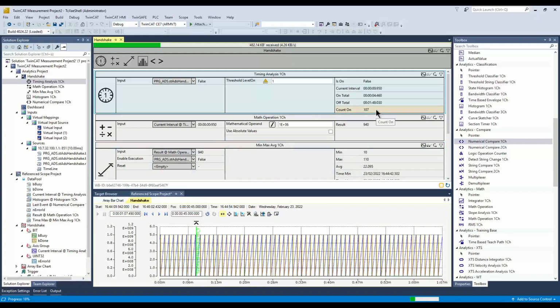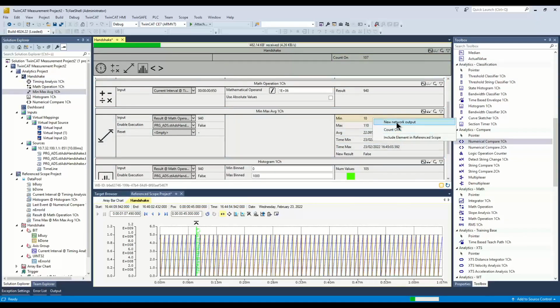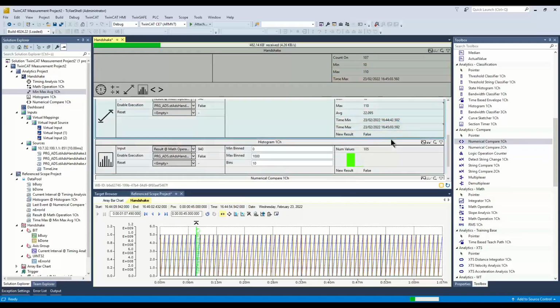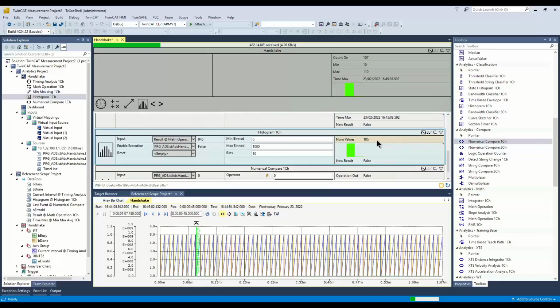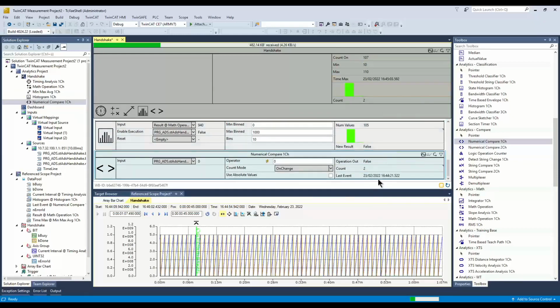And the preparation for this is to set all or pin all your output and input data to the header of your special networks that you implemented. Let's start with our count-on signal. I can just use the right-clicking on this output element and use the new network output, and then it will be as well a part of our network header. Let us do it for our min value and as well for our max value, maybe as well for our max timestamp. So all the data that is part of your output situation and you are interested in, you can pin it as header output,